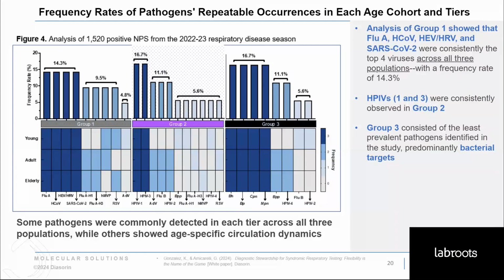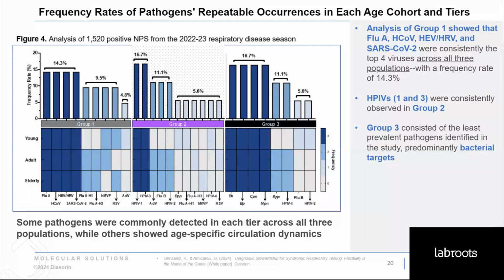Group 3 then consisted of the least prevalent pathogens identified in the study, predominantly bacterial targets like the other Bordetella species or C. pneumo or M. pneumo. But then we saw pathogens that were age specific. Under group 1, in medium blue shade, you have influenza H1 and H3. It is consistently observed for adults and elderly in tier 1. RSV, as expected, was observed for the young and elderly. Then we saw the adenovirus in light pastel blue shade needs to be included in that first tier for